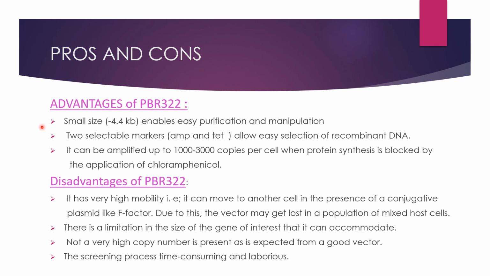The main advantage of pBR322 is its two selectable markers, tetracycline and ampicillin, which allow easy selection of recombinant DNA. The main disadvantage of pBR322 is the limitation of its size for the gene of interest, and it does not have a very high copy number. So if we insert the vector into a host system, it cannot produce many plasmids, which may reduce the chance of